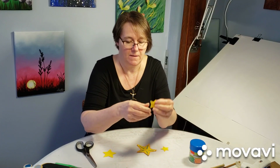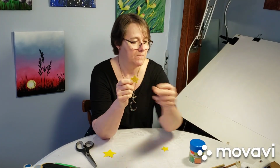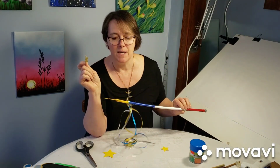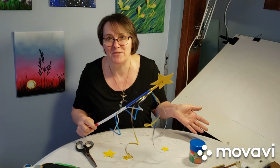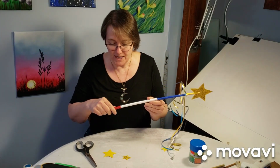So this one here and the one from this wand, what I did is sparkles. You're gonna have sparkles in the house if you use sparkles, which is fine. But what I do is